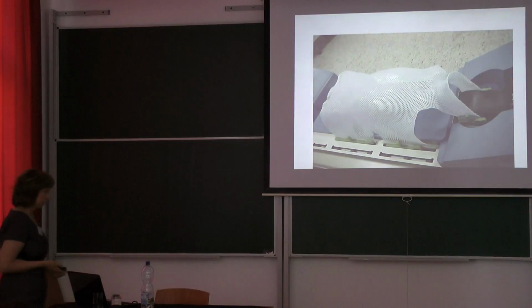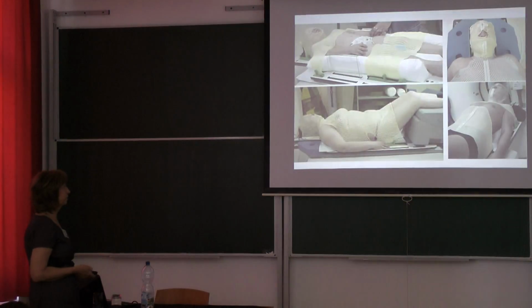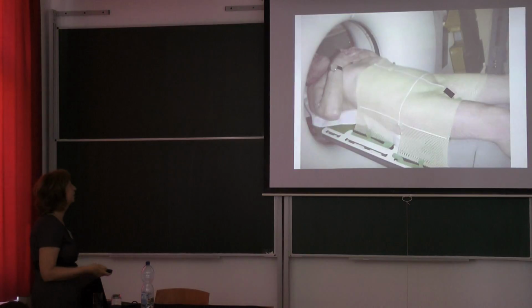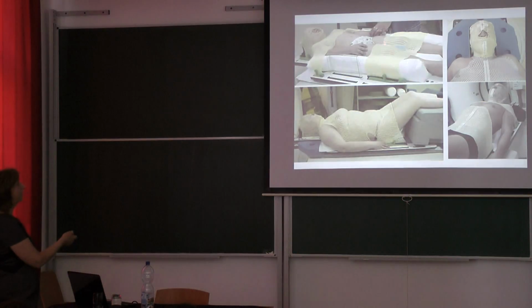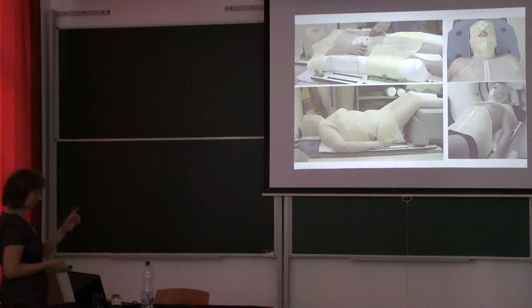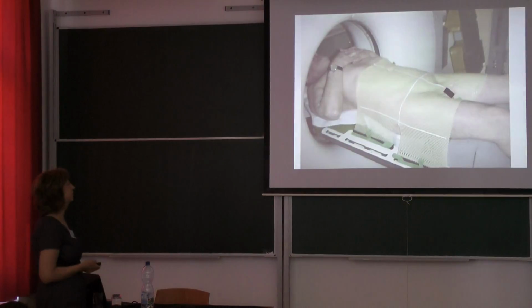The larger the thermoplastic mask fixation, the better the fixation. It can be used as well for craniospinal or for abdominal irradiation. And almost the whole patient can be covered by thermoplastic mask. And it is very advantageous, for example, for a small child, because they can watch video during the therapy. And this is a vacuum pillow which you can use separately from the mask fixation as a fixation device. This is a prostate irradiation,